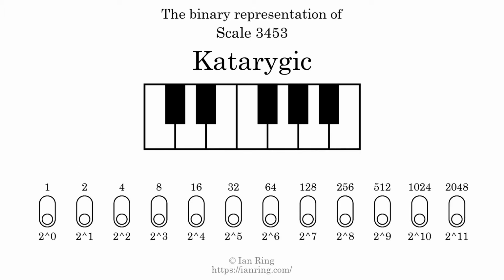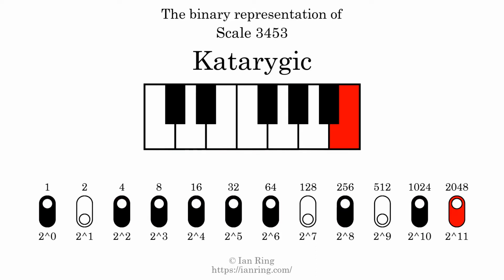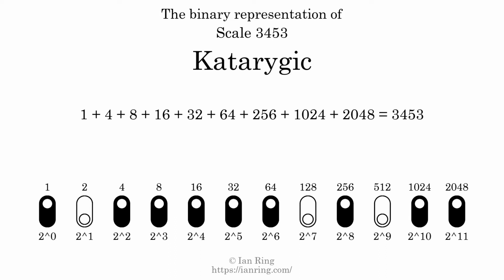The binary representation of this scale is determined by mapping tones of the scale to binary digits. Each binary digit represents a power of 2. To get the scale number, we add the powers of 2 together. The powers of 2 that are present in the scale, all added together, equals 3453. That is why the scale number, in decimal, is 3453. The scale number not only enumerates the scale with a unique index, but it also literally describes the tonal